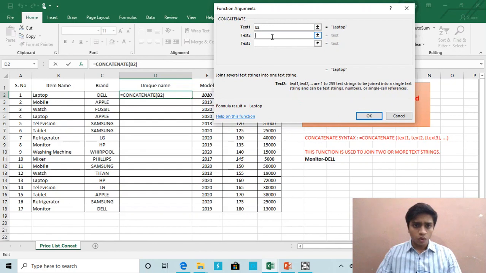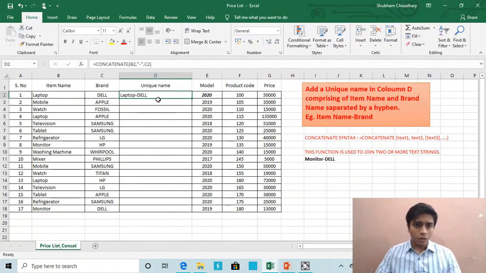Text2, it is not the brand name, it is actually a hyphen, so we will enter hyphen manually. In text3, we will select the brand. So as you can see, this is the item name hyphen the brand. Okay, now we can see that the strings have already been combined.